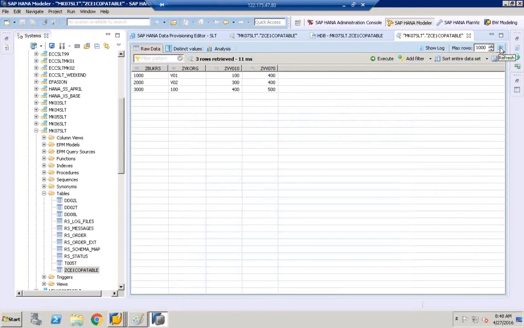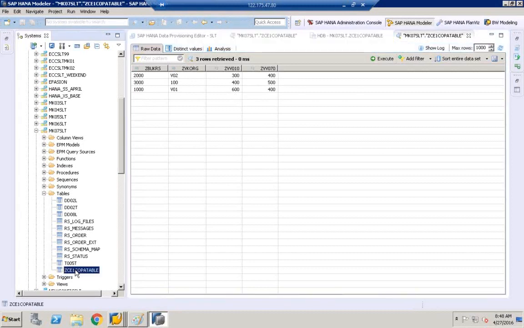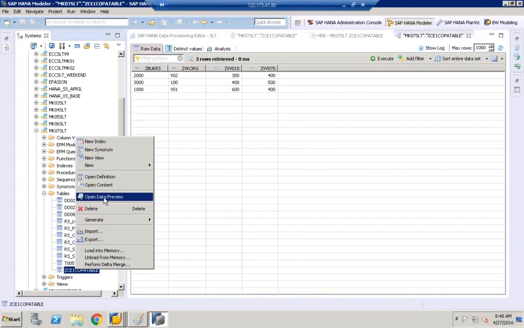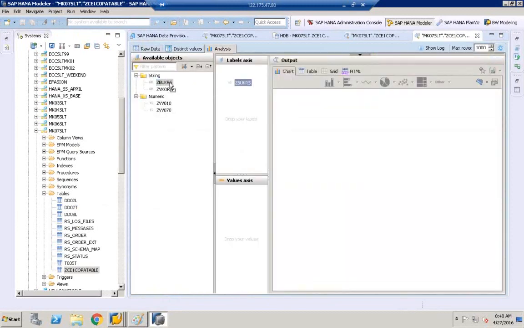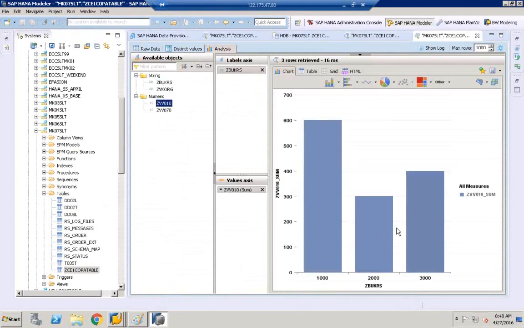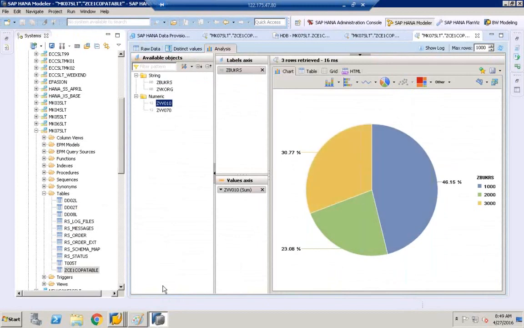You have to just refresh. For 1000 company code, the change is 600. So when business is right click, open data preview, click analysis, BUKRS VV010. Now when business is viewing data, here we have company code 1600, BUKRS 3000. So when business is doing some kind of analysis,